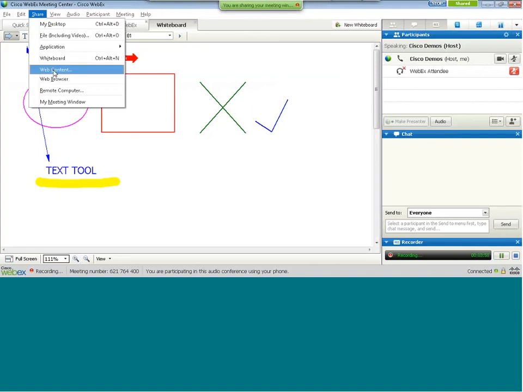Web content allows you to share a live web page. So you could bring up a live web page, allows your attendees to browse to that specific site. Maybe it's a web-based form that you want them to fill out. They'll be able to do that in real time. Web browser allows you to share one specific browser so that the attendees will actually follow you through a specific